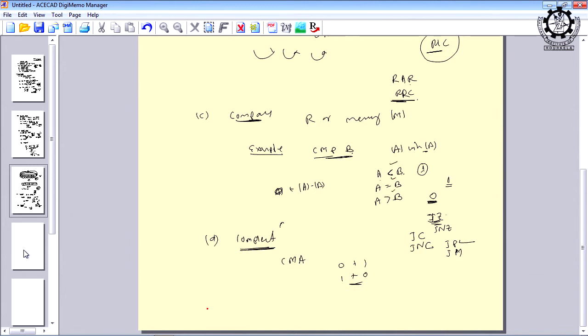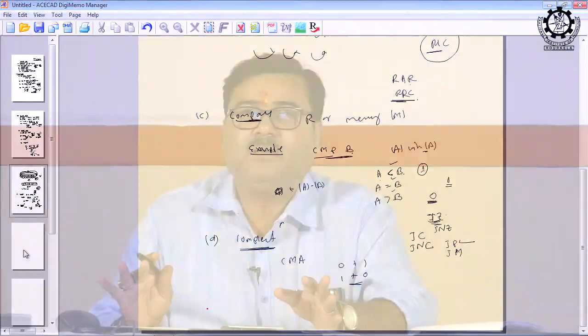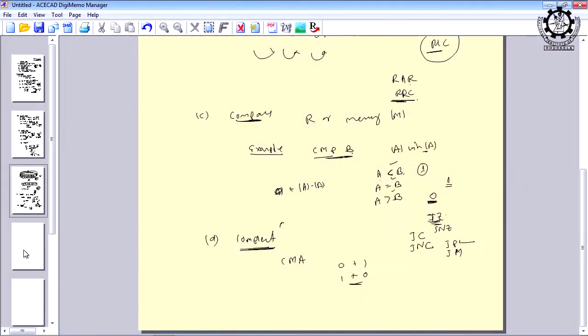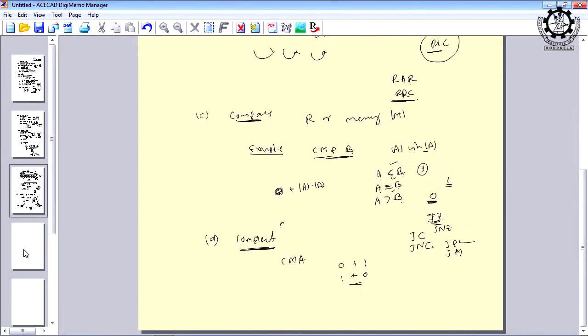Less than, equal to: no, we do not have any instruction to take care of less than or equal to at a time. We have instructions for A less than B, A equal to B, A greater than B. Or you can say if it is not A less than B, then it must be greater than or equal to B. Like that we have to interpret. Okay. And if A is not equal to B, you will understand either A is less than B or A is greater than B. So, this is the third category of the instructions.